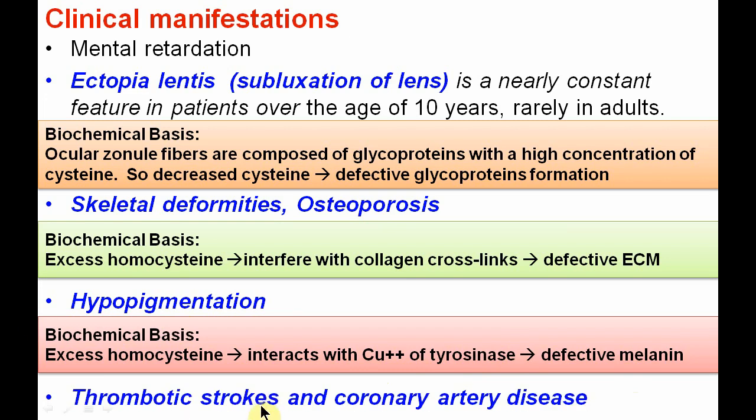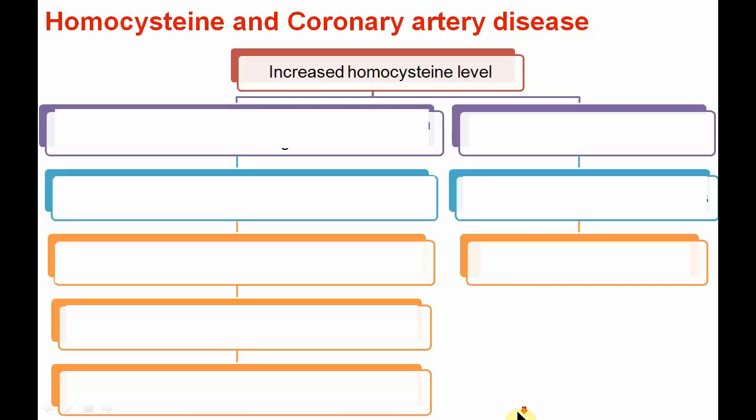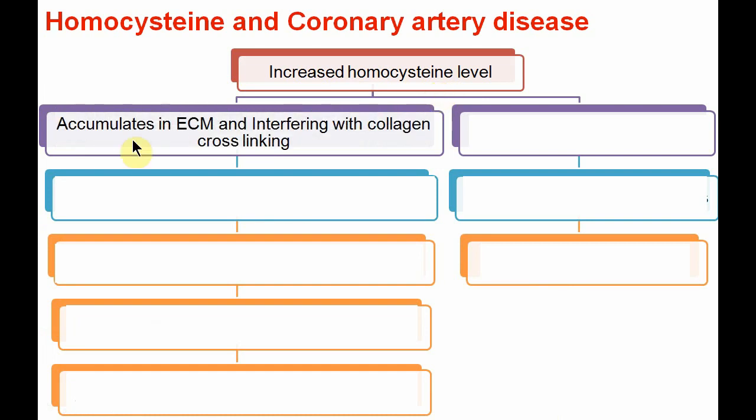And thrombotic strokes and coronary artery disease are also important manifestations where the homocysteine level is increased. So let us understand in a flowchart manner the basis behind coronary artery disease. When there is an increased homocysteine level, it will accumulate in the extracellular matrix, interfering with the collagen cross-link